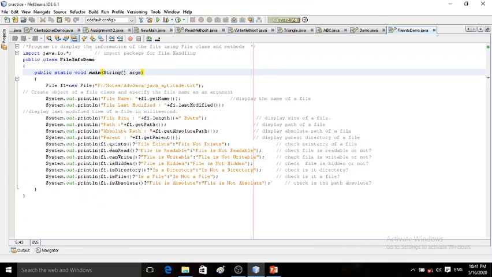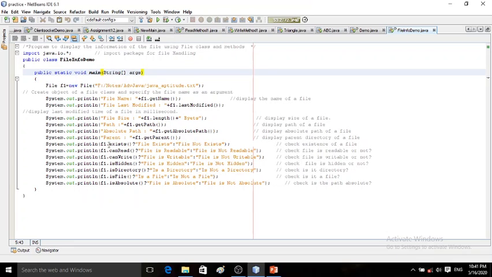Then System.out.println. Now here we are using the test methods of File. For that I am using the conditional operator instead of an if statement, writing the true side and the else side, for simplicity. In one line we are writing the code.